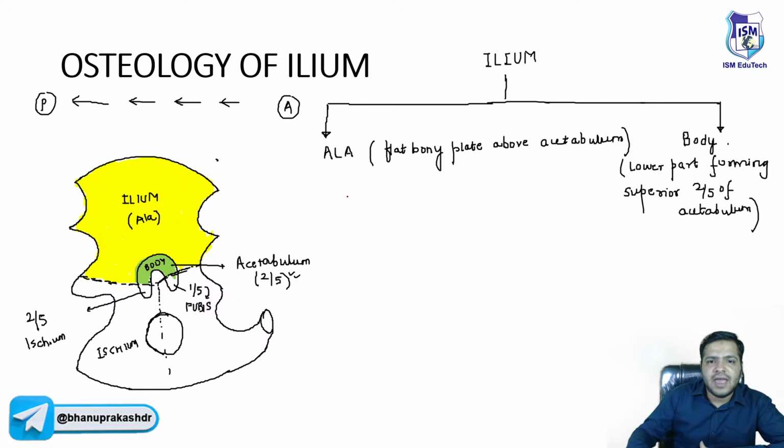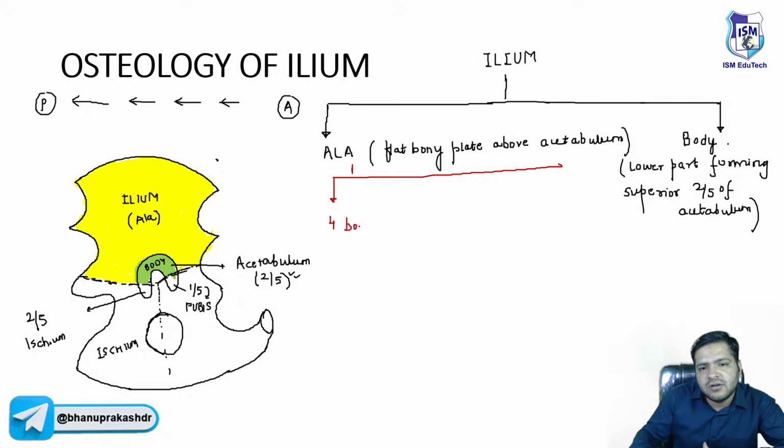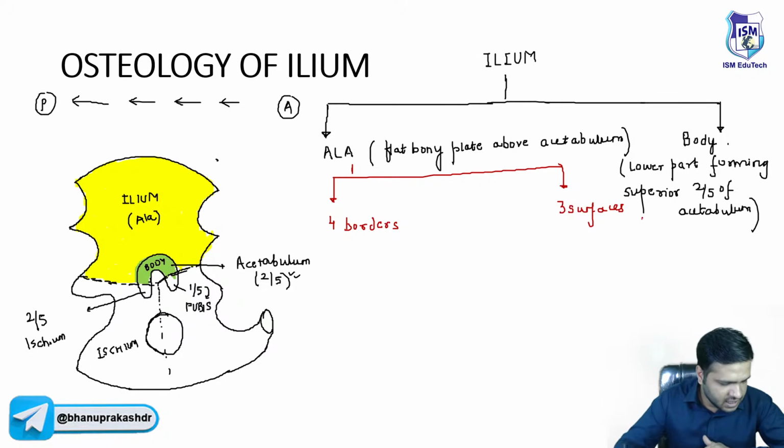Now this ala, beta, remember, it is having 4 borders and 3 surfaces. It is having 4 borders and 3 surfaces. Now four borders कौन कौन से हैं बेटा? फोर बॉर्डर्स कौन कौन से? देखो